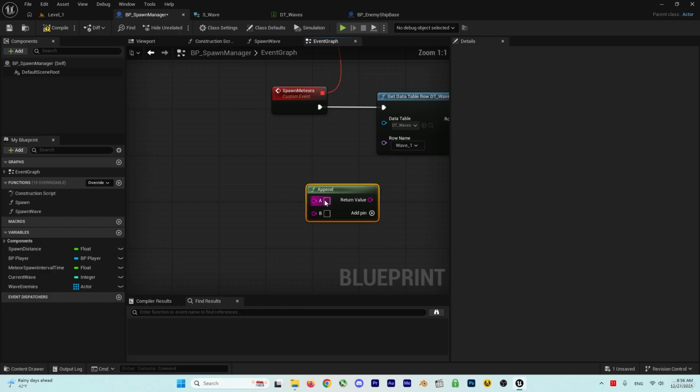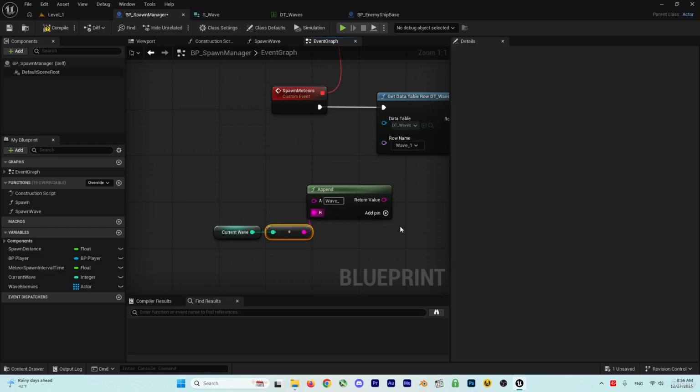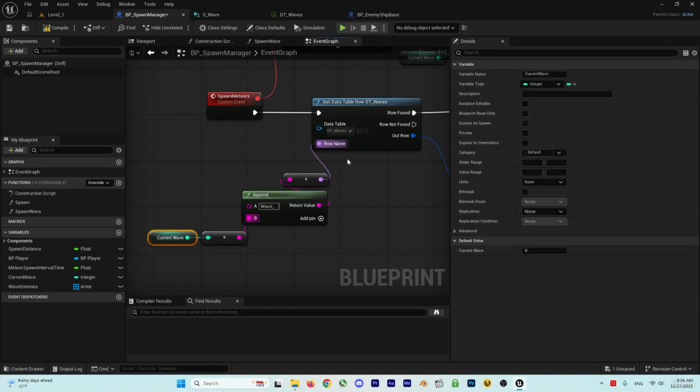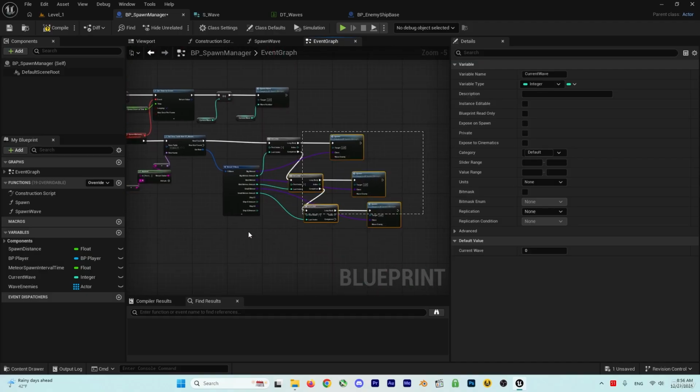Put it there. For the A, we want to say wave underscore, and for the B we can use our current wave, right? Just get it and connect it like this to here. And now, instead of just saying spawn wave 1, we can spawn these, right? If the current wave changes, this row name will change with it as well, and we will spawn those wave